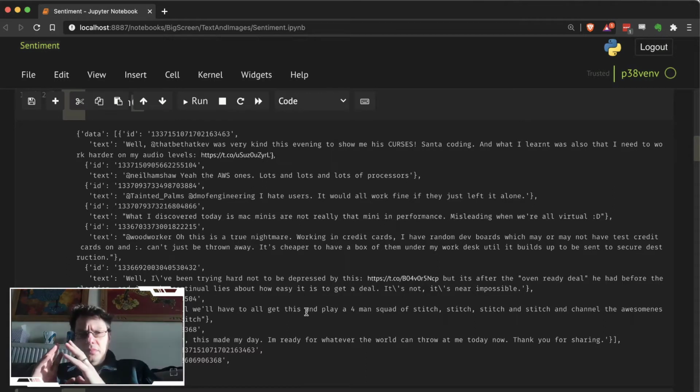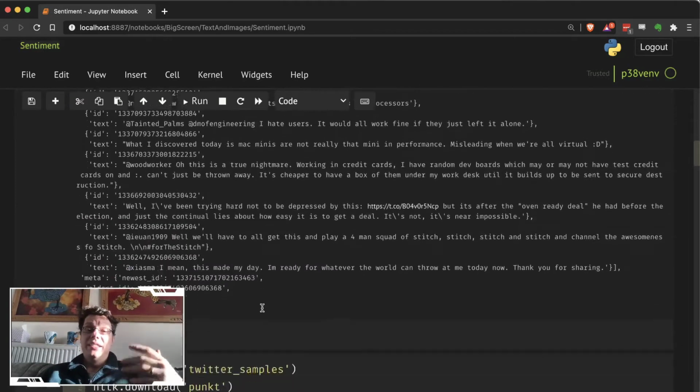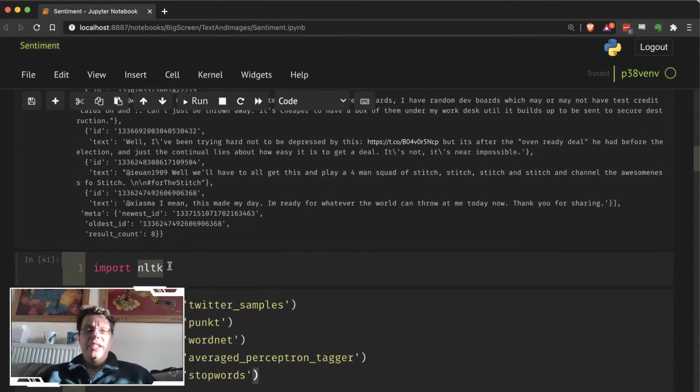Now, I don't want to do all the analysis myself. There are toolkits out there which will do natural language processing, and we can do something called sentiment analysis to work out whether or not these are positive or negative tweets as defined by the people. So first of all, there's a thing called Nltk. It's worth installing. You can pip install it.